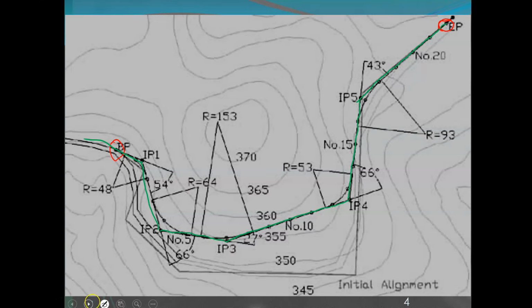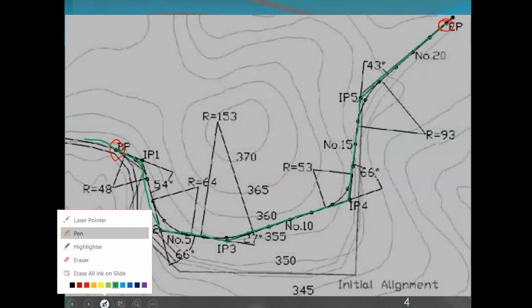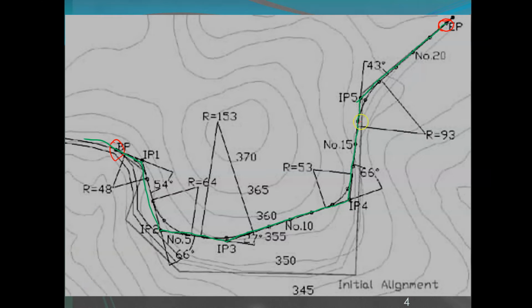Having gotten the straight lines, the next step will be to fit in a curve like that. It will be fitting in a curve, like so. That's basically what we're looking at.